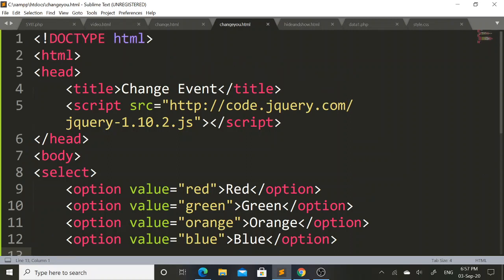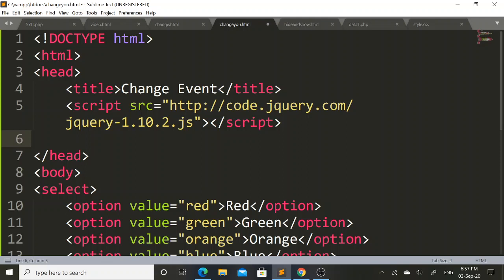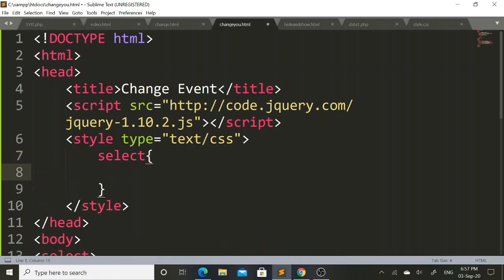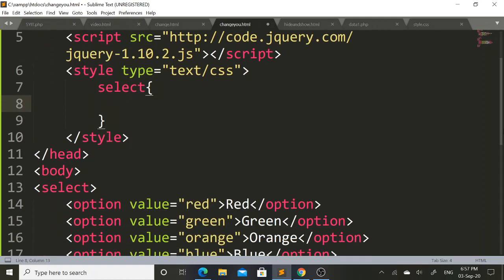Here I will apply some internal CSS to this drop down list. So to do that I will include style tag. In the style tag here I will mention select tag, then open curly brace, close curly brace. Here I can set different CSS property for this drop down list.